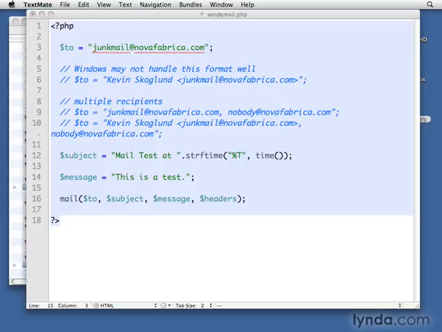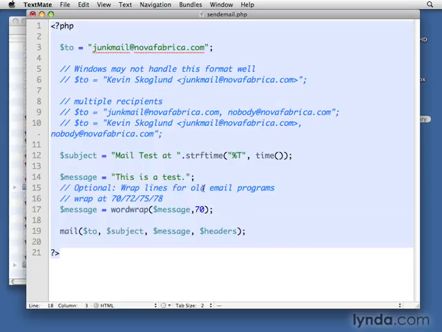I do want to point out one additional thing about the message string though, which is that there are a lot of old email servers and programs out there that clip lines that are longer than a certain length. So if you just send a message as one really long string, if it gets past that certain line length, it could potentially clip it. Now in 99% of the cases, it's going to go through no problem. This clipping of email messages was a big problem more like 5 or 7 years ago. A lot of it's been worked out now, and I'd say it's only in very rare cases,